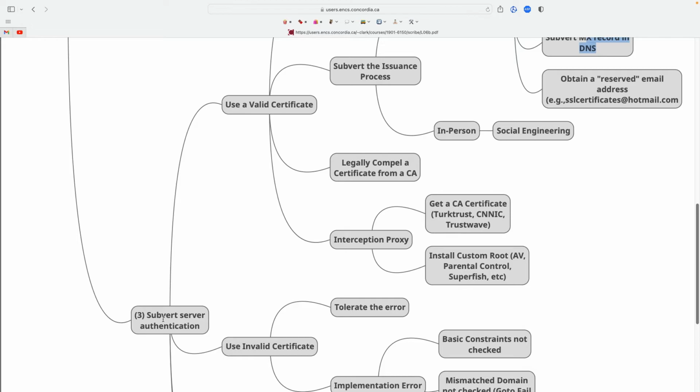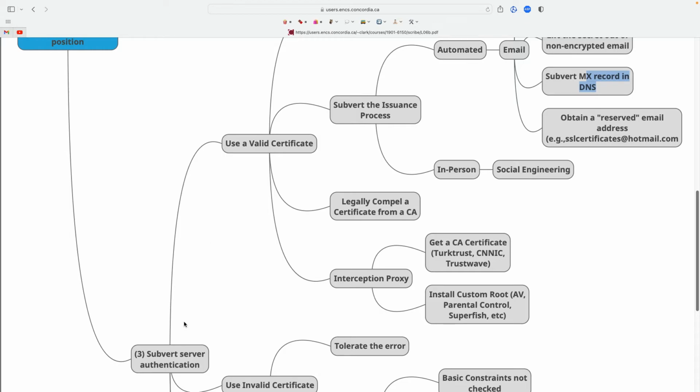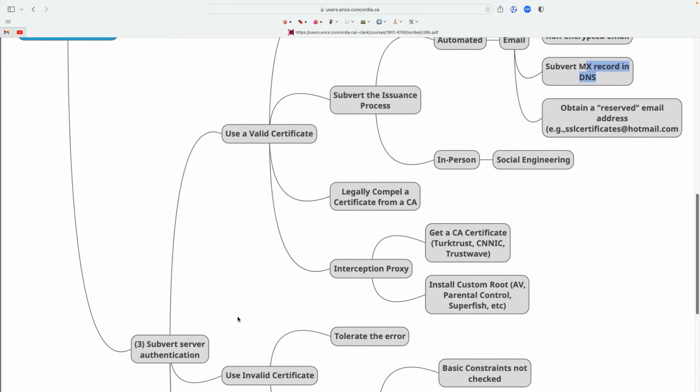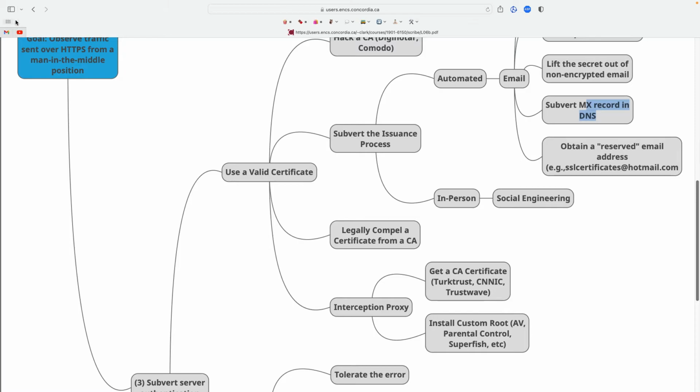Public keys are signed in a certificate. And so what am I giving? I have some certificate, so what kind of certificate am I giving? Well, maybe I could give a valid certificate. I don't know how I'm going to get a valid certificate, but if I could get one that the browser considers valid, not because the key is bound to the right website, okay? If I could get a valid certificate that's actually my public key, and the certificate says that Google's public key is my public key as an adversary, then I can subvert server authentication and then I can achieve my goal, okay?